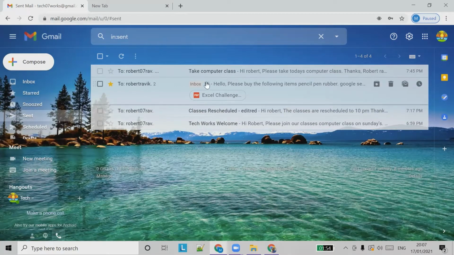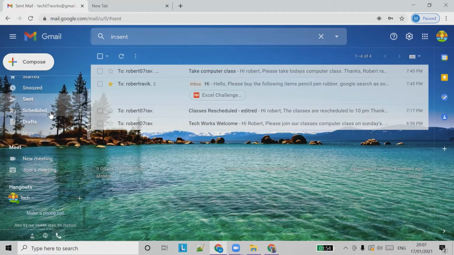So whatever email we have sent, right, for the past so many days or so many years, all the emails which have been sent will be available to be seen in the sent items list. So whichever email you send from this account will be available here for viewing later. Okay, so this is one thing. So schedule, we just saw it.